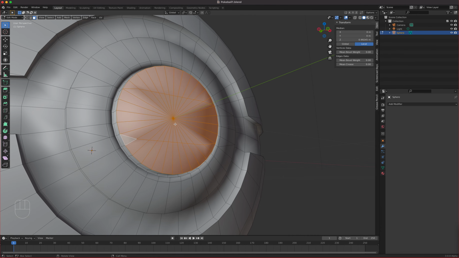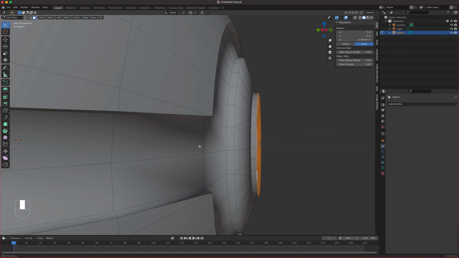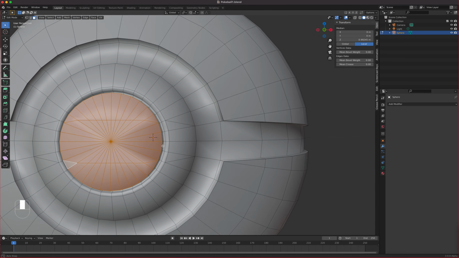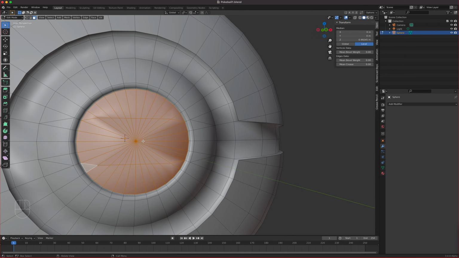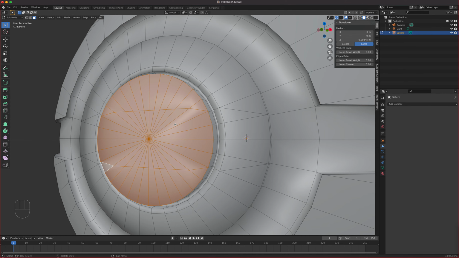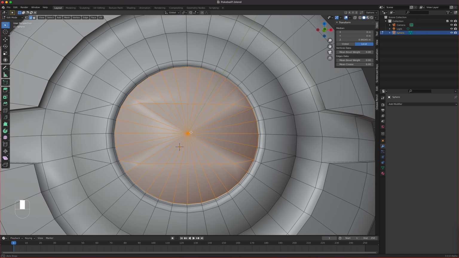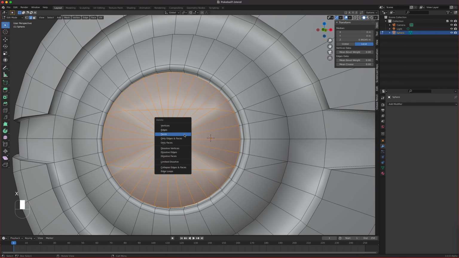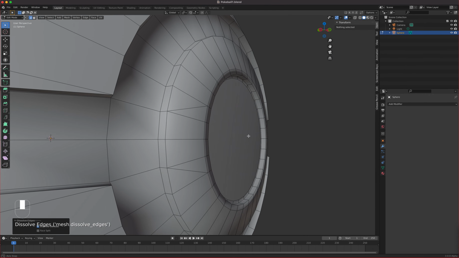We don't need all this information up front right here because that's just a flat button, right? So what we can do with this is press X while all these edges are selected. If you happen to unselect all of these, just simply select them back. So I'm going to go to number 2, which is edge mode, right? So you can see those selections. I'm going to press X, and then I'm going to dissolve the edge, not delete, but dissolve. When you do that, it gets rid of it. It gives you this really clean